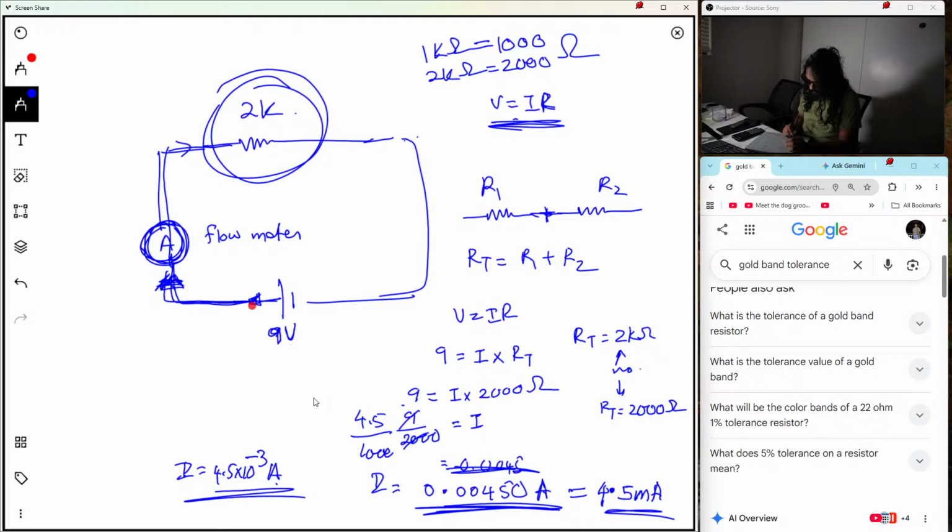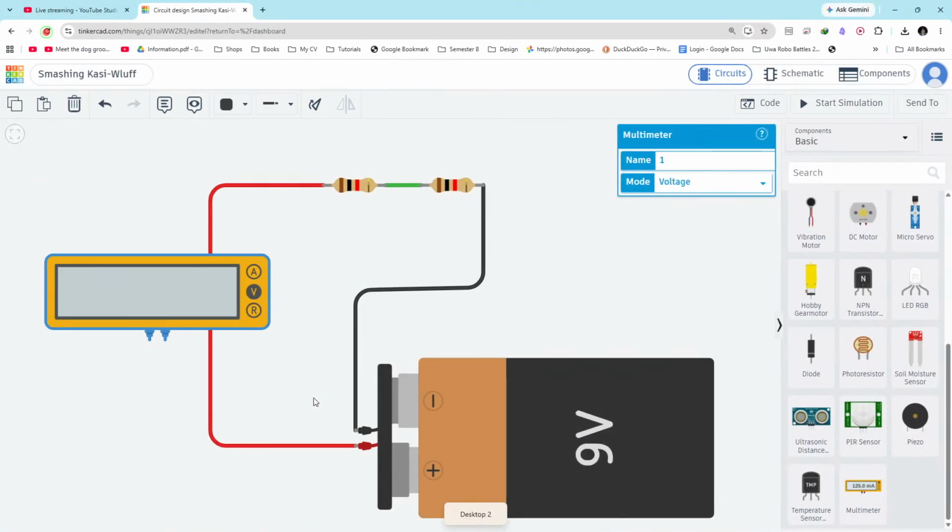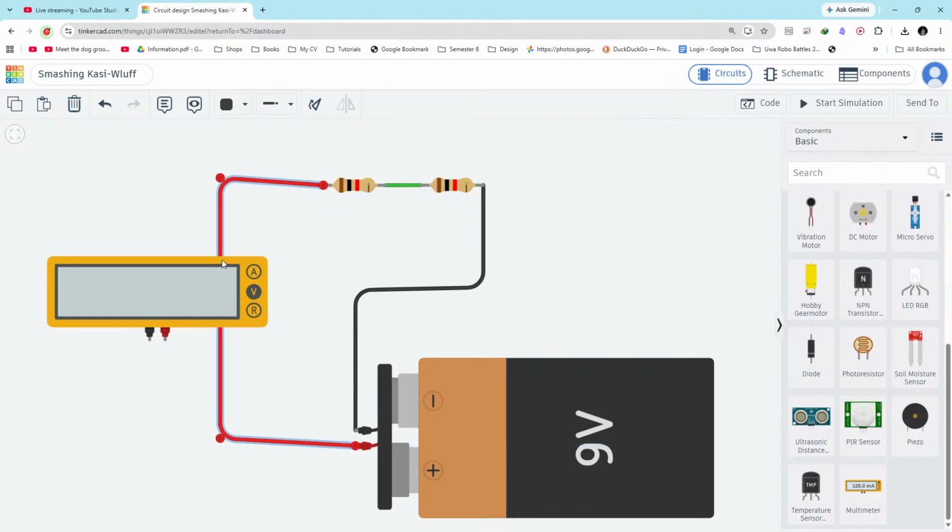So charges flowing out of this positive terminal enters this ammeter and leaves the ammeter, right? During the process it measures the amount of charges flowing through that device. So that's why we have to break open the circuit somewhere just to measure the current,